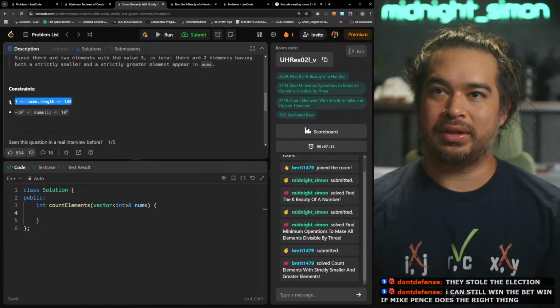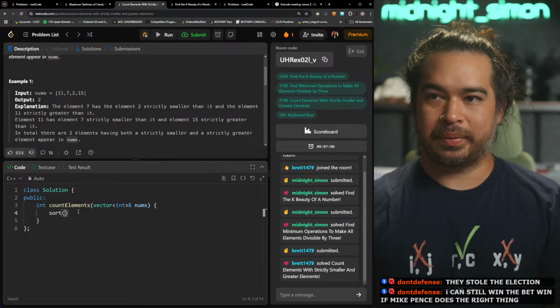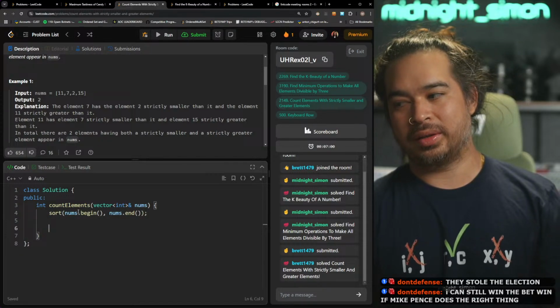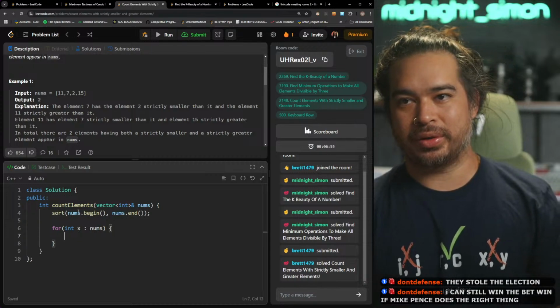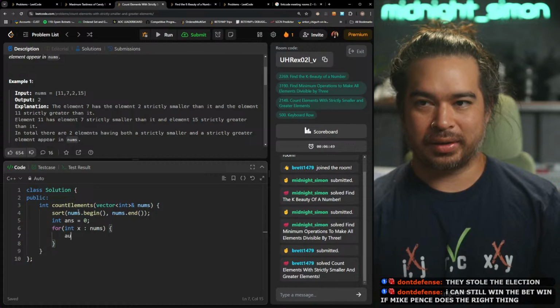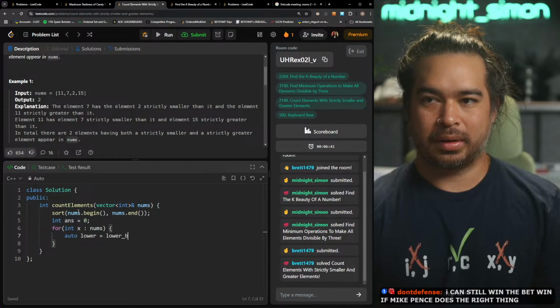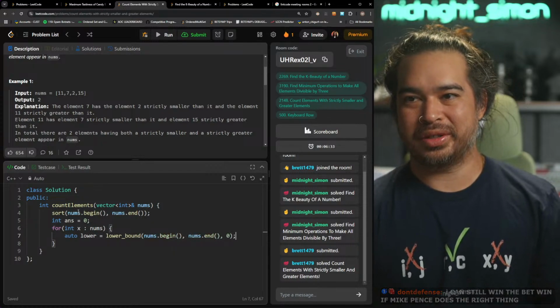So the nums are at least 1. All right, I'll sort. And then I guess I'll use some binary search. So for every number, I'm going to go with, I guess if I did a lower bound with 0 or something.